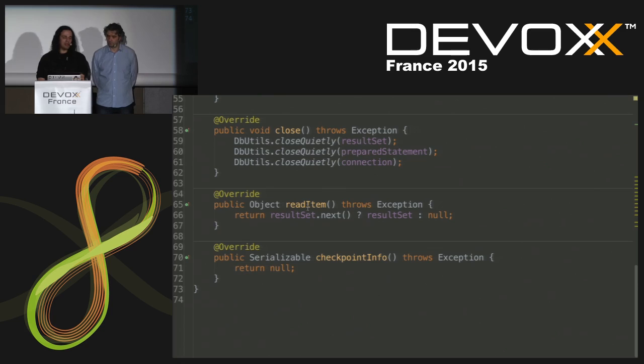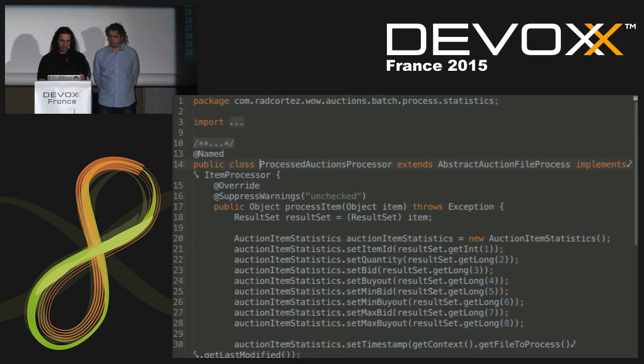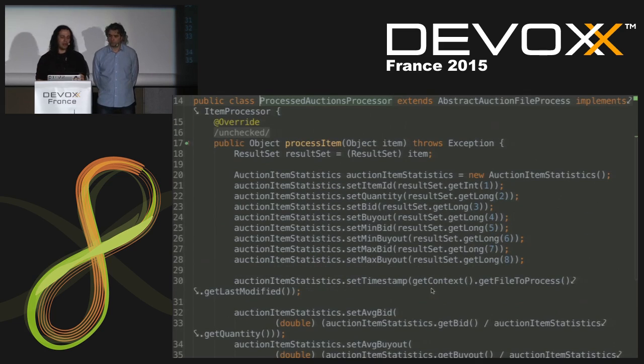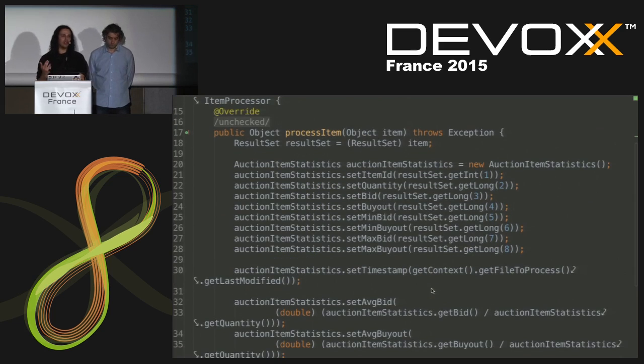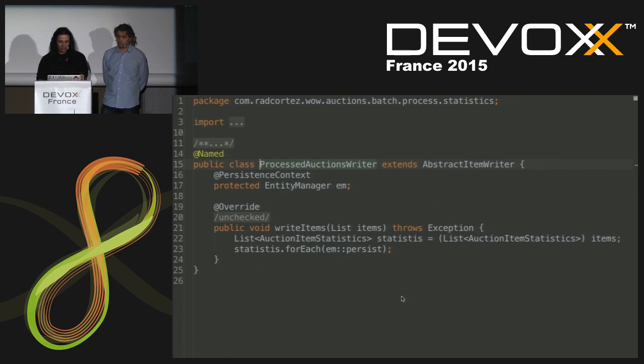Then I just read the item, go to the processor, and here I'm filling an object called action item statistics, which is going to say what's the mean bid of the item, what's the max, what's the average, and so on. And finally, the writer as well, which is only a plain write. This doesn't make much sense if I don't have something to see, so